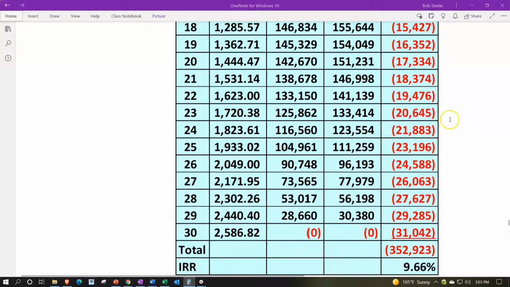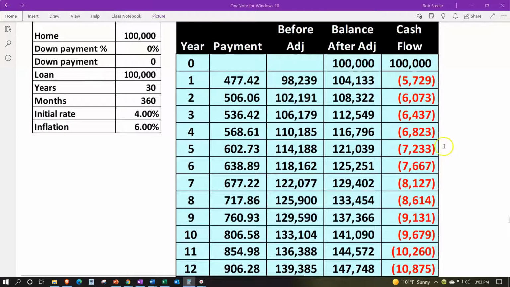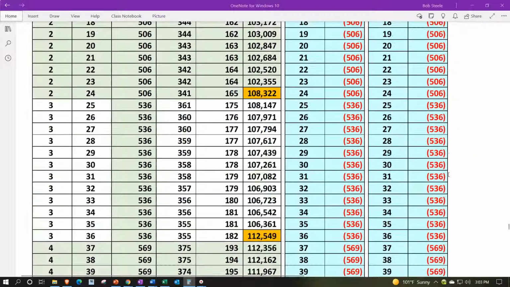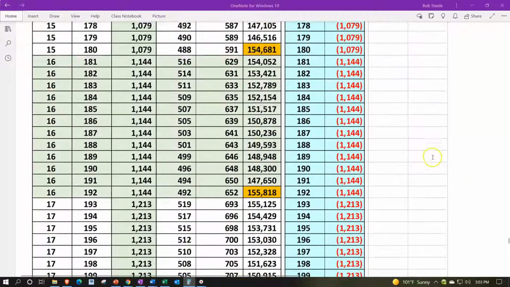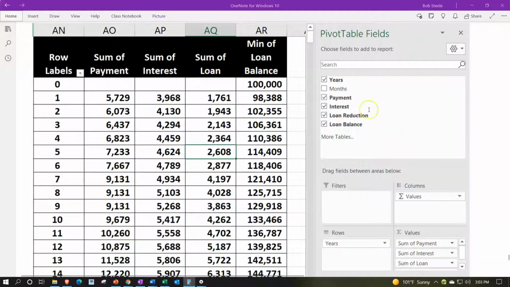Remember that this calculation that we did up top on a yearly basis is a bit of an estimate, given the fact that these cash flows are assumed to happen at the end of the period, in this case, the end of the year, when in actuality they happen in 12 equal payments. So it's a bit more of an estimate here, but you see it's a pretty good idea of what we're looking at. So then, obviously, you can take this information as well and add the pivot table,